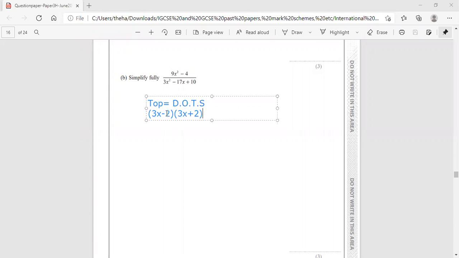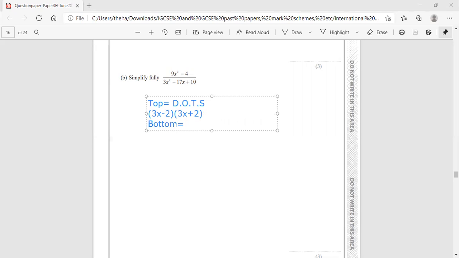Go ahead and expand that and see if that fits, and yes, it does. That would work because 3x times 3x gives us 9x squared. 3x times 2 will give us 6x. Negative 2 times 3x gives us negative 6x, so they cancel out. And negative 2 times 2 gives us negative 4, which is right. So that's our answer for the top. I'll have a lesson on this, don't worry if you don't know how to do it. So for the bottom,